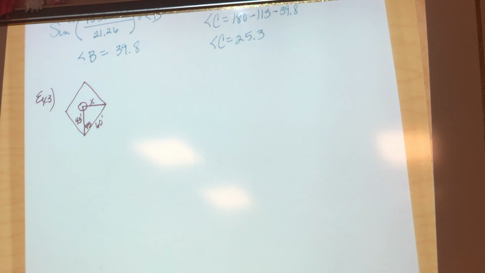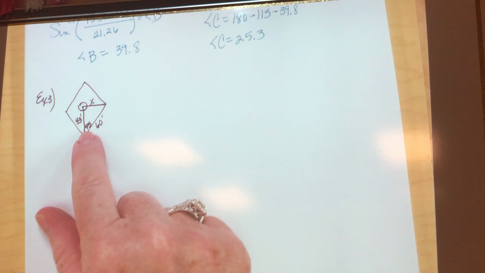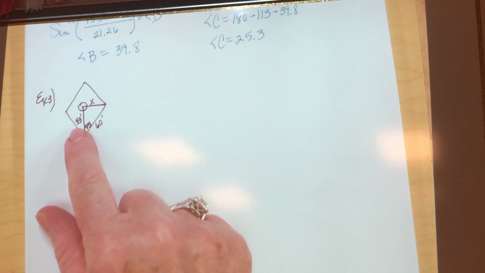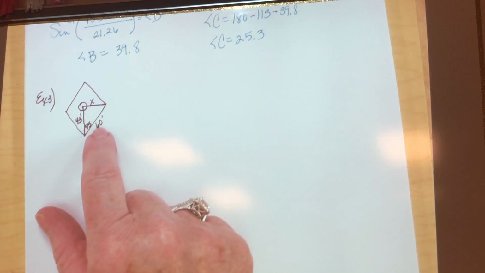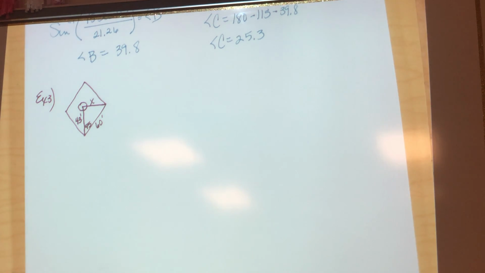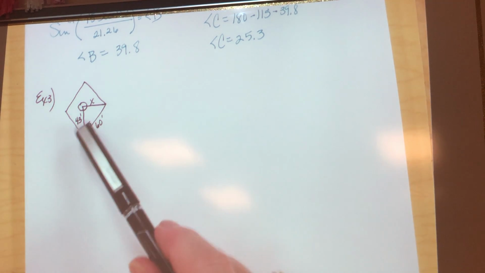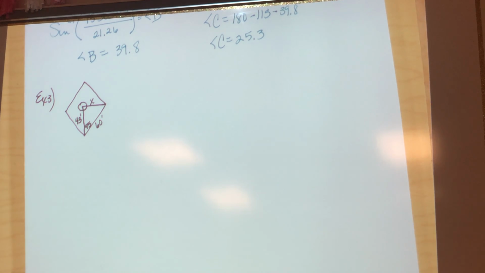What is that number? This is 43, 45, and 60. 43, 45, and 60. Okay? 43 feet from the pitcher's mound to home plate, 60 feet between each base, and 45 degrees. That's what that angle is. They told me all that in the problem, okay? They want to know how far